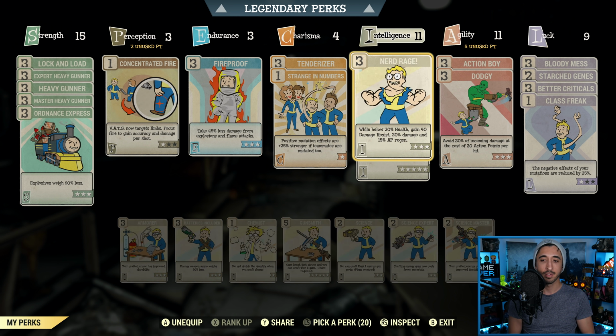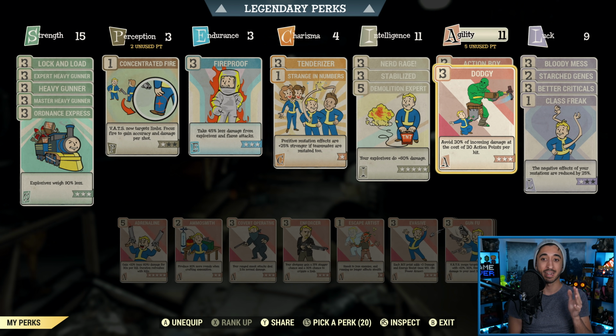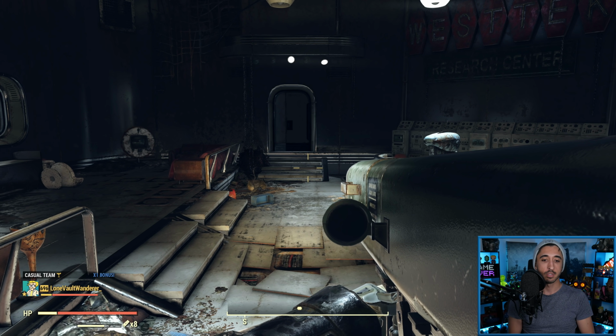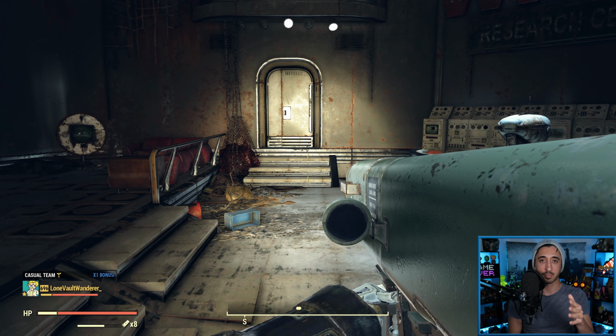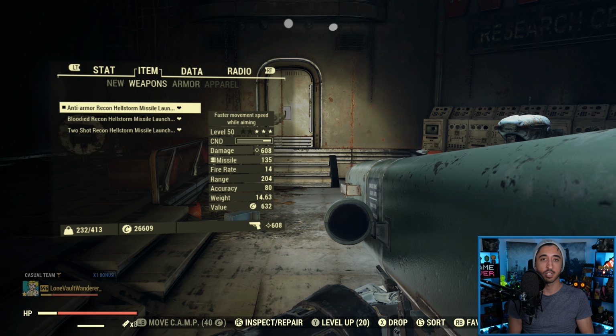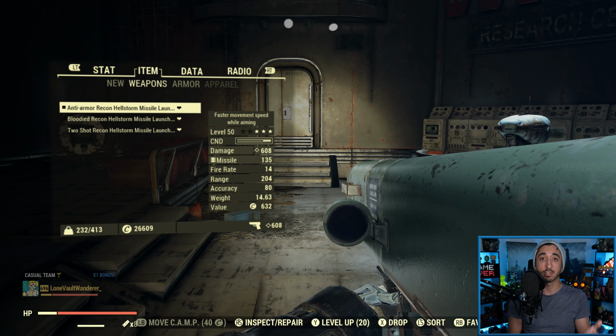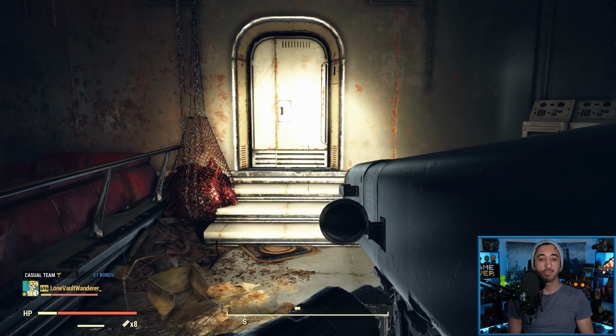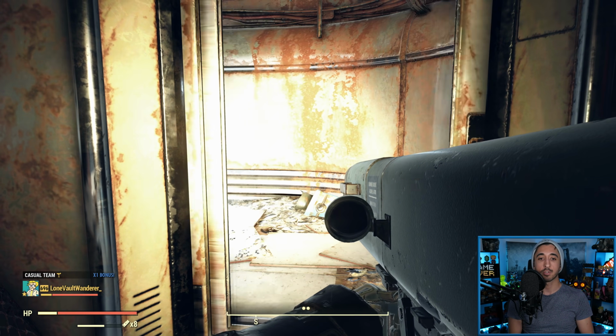And also, I just want to showcase VATS a little bit easier. So I want to take off Dodgy because Dodgy makes VATS harder to use. There are some important differences when it comes to these Hellstorm Missile Launchers inside of VATS. We're going to start off with the anti-armor and then we'll go with Bloodied and 2-shot. Now you're going to find with the anti-armor that it only really gets a 1-shot if you're getting a headshot